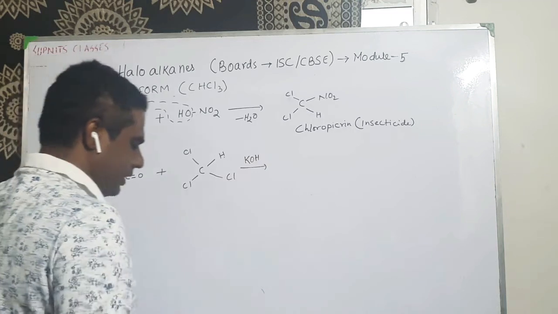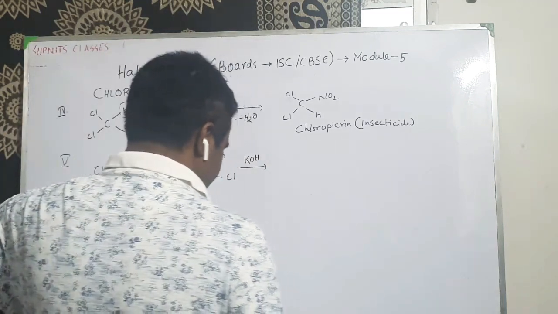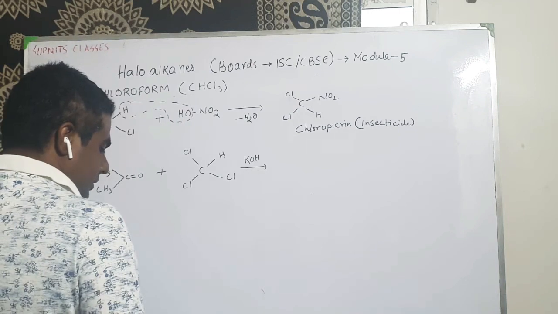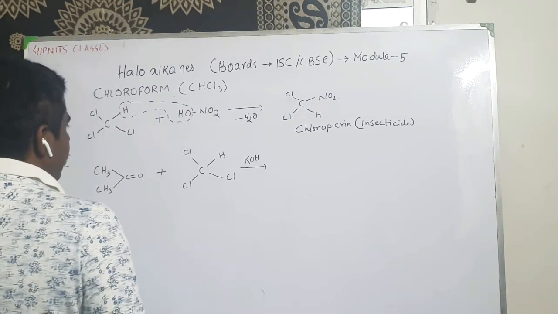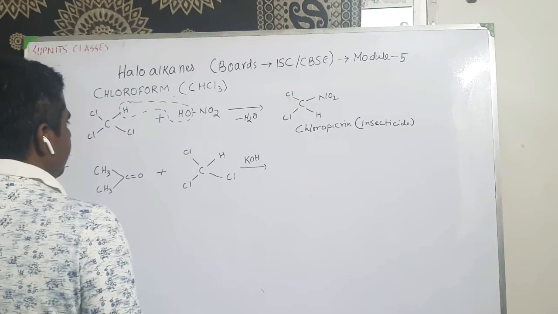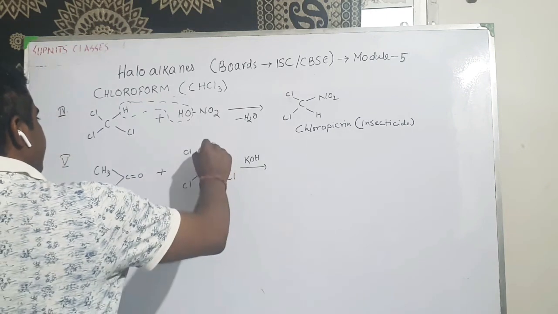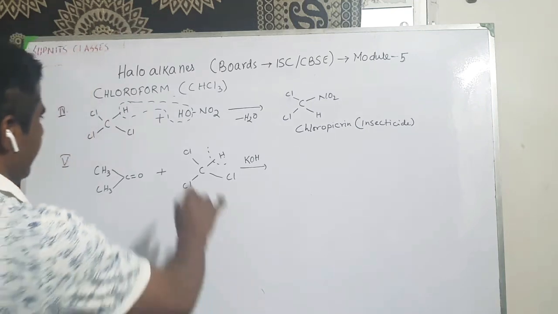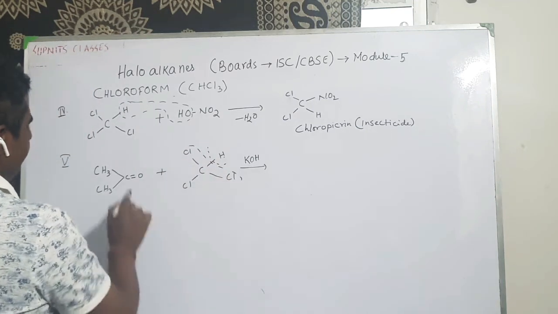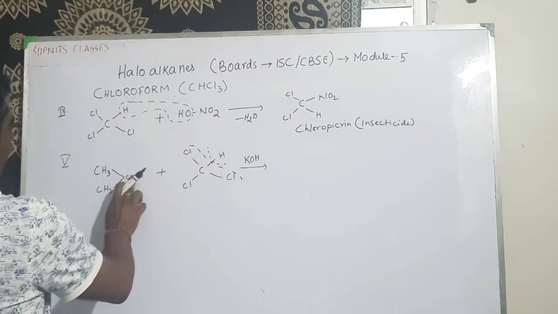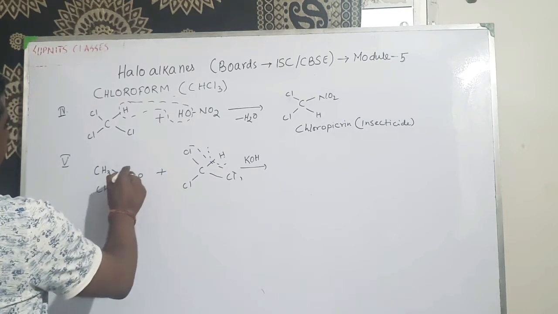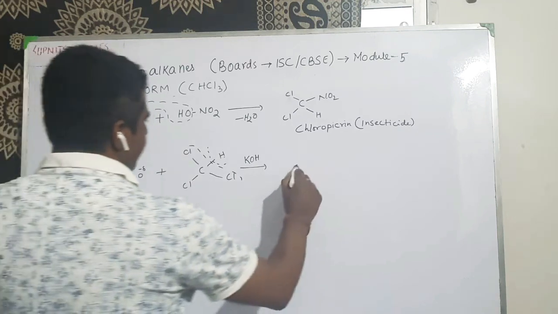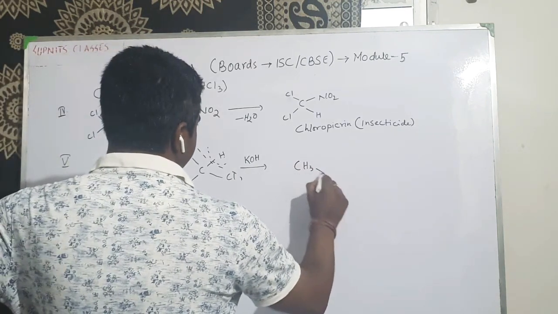Okay, the presence of KOH is required, and here there is basically one kind of addition reaction that goes on. This part is considered as the positive part, and this part is considered as the negative part. In this one, if this bond breaks, then this gets some positive part, this gets some negative part. So what happens is CH3